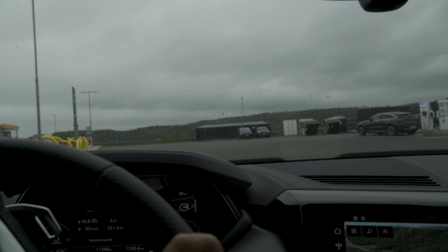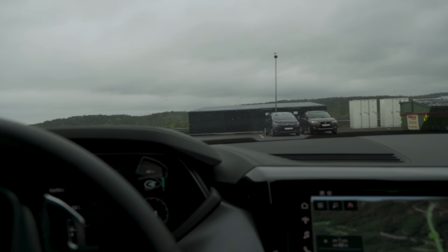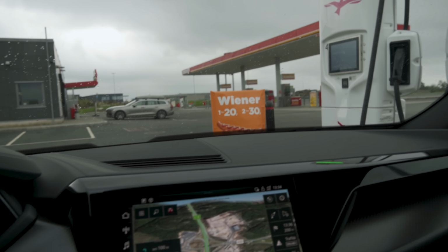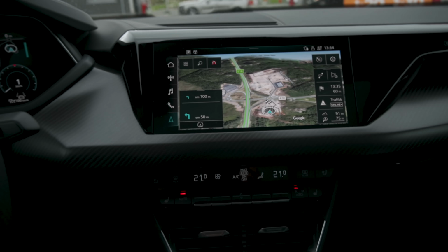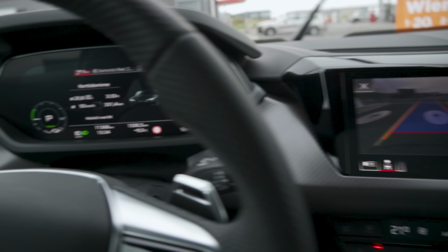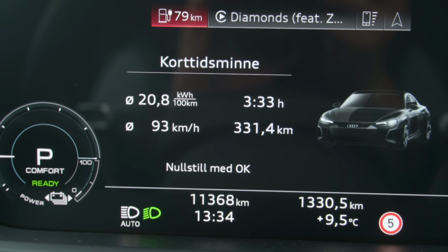So we have the charging port here on the right side of the car. So we're gonna swing around here, I think like this, and then we're gonna get this one. This one is not working, but this one is working. Okay, I don't want to drive too far. Back up a bit. Okay, so our consumption is now up a little bit, 20.8 kilowatt hours per 100 kilometers,